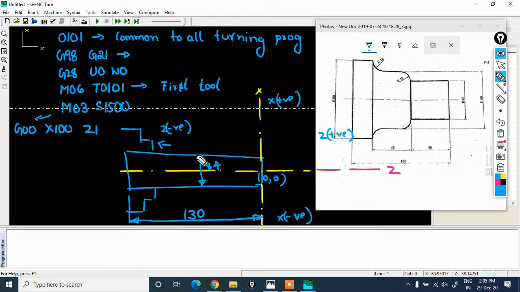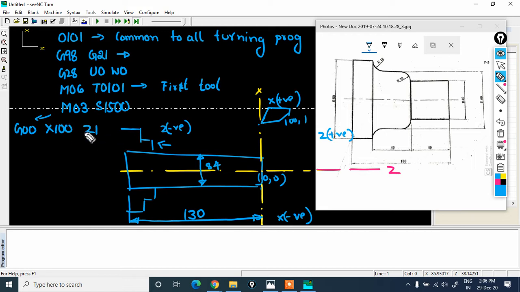So this has been done. So now I have given G00 X100 Z1. So this particular is 80, so 100 may appear here, and 1 means I need to travel here. This point will be 100 comma 1. So at that position my cutting tool will come and locate. This is my first point.